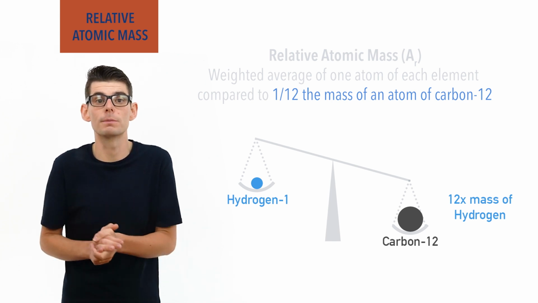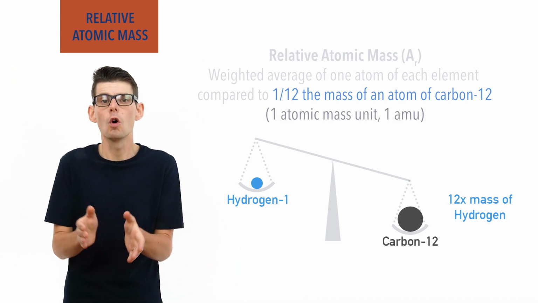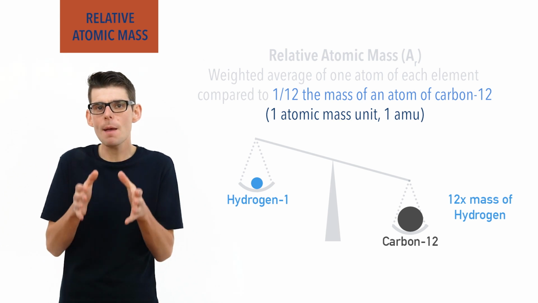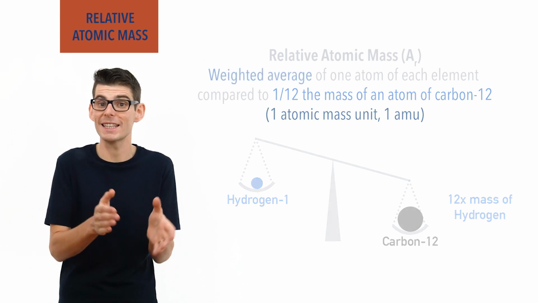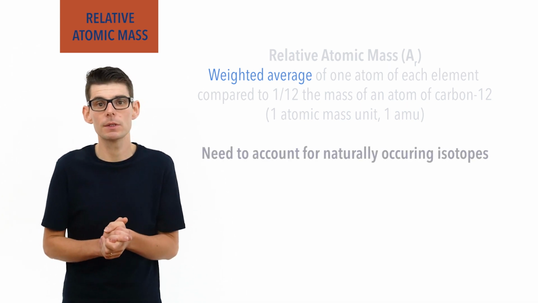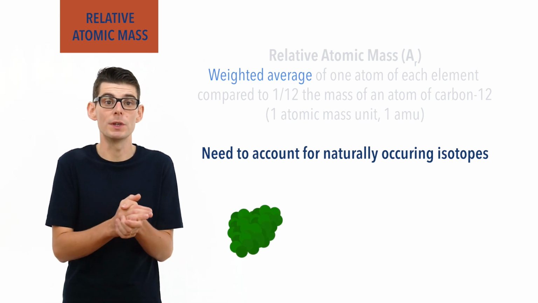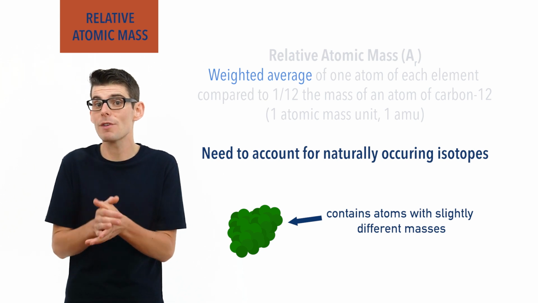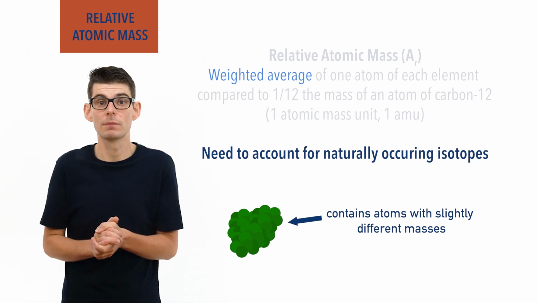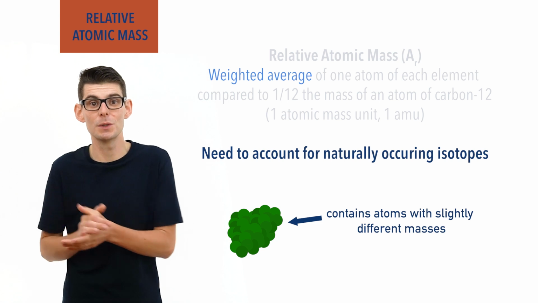This smallest possible unit is sometimes described as an atomic mass unit, 1 AMU, or 1 unified atomic mass unit, U. We describe relative atomic masses as weighted averages, as we have to account for naturally occurring isotopes of elements. Within a sample of an element, some atoms will have different masses to each other. This means the average relative atomic mass of all atoms in the sample won't end up being a whole number. This is what made that problem with hydrogen earlier on when we were talking about a standard to use.